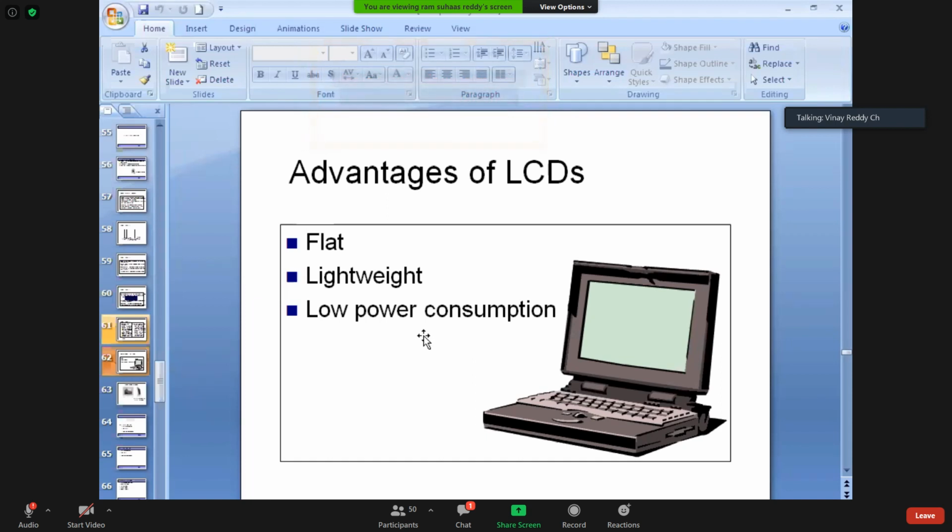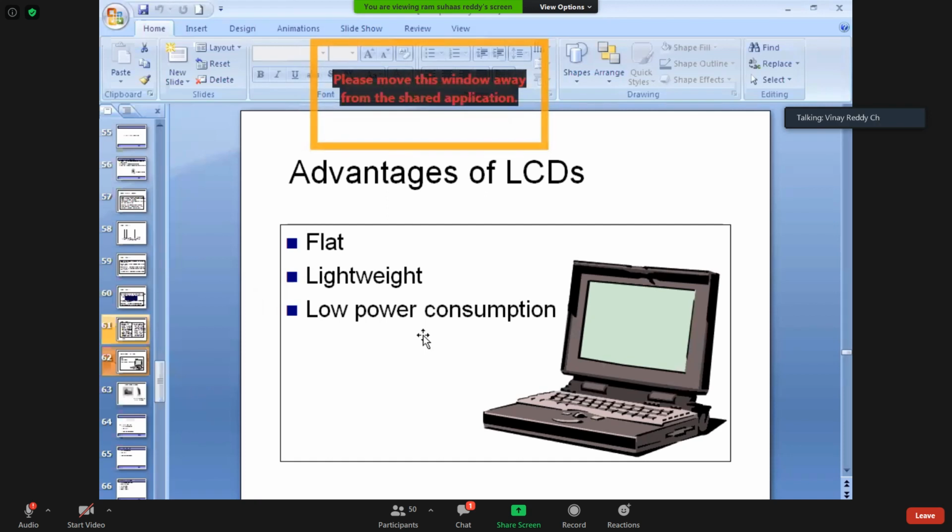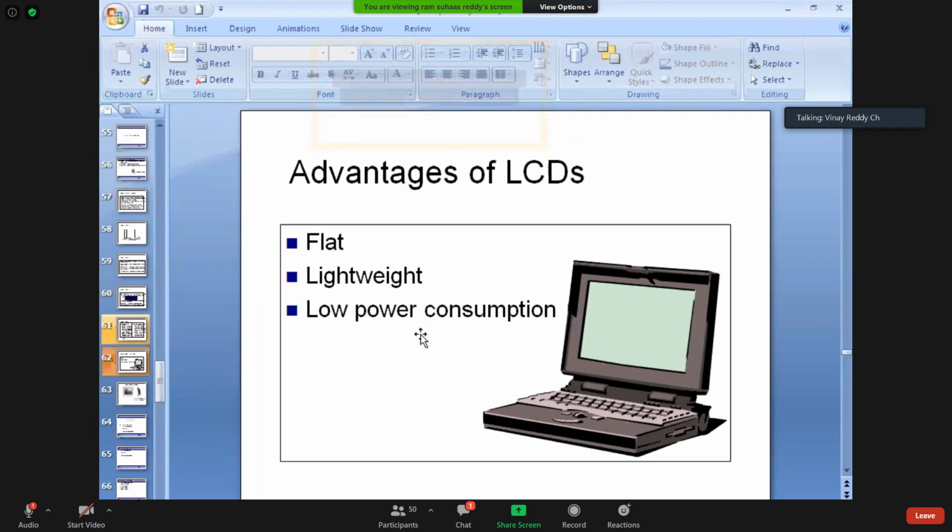Did you observe? Yes, sir. Did you observe, Vishwanath? After running for 2 hours in the lab, when you come out from the lab, you feel better. That means a lot of heat is being generated. So normally any computer institute or computer lab is generally equipped with ACs. If the equipment is in a hot condition, the life of the equipment will be lost. So that's why, due to this, they use LCDs or LEDs.